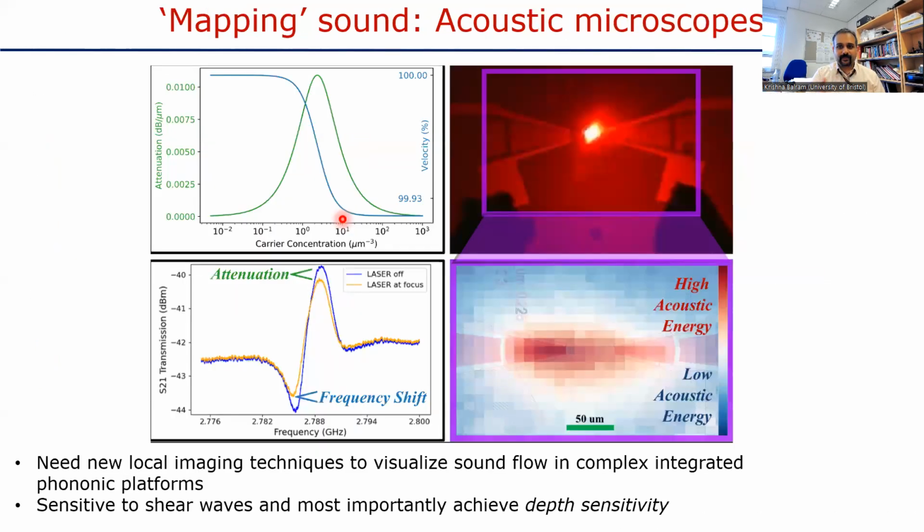And for that, we are developing some methods to measure these things directly. Because these modes are very tightly confined, traditional microscopy techniques are not able to visualize this kind of mode hybridization. Because gallium arsenide is a semiconductor, you can use photocarrier generation as a way to cause local attenuation of the piezoelectric coefficient. This gives you a way to map the acoustic energy density. In particular, you can start using these kinds of techniques to study mode hybridization. My student Jacob is giving a presentation, so I'll direct you to his talk for further details.